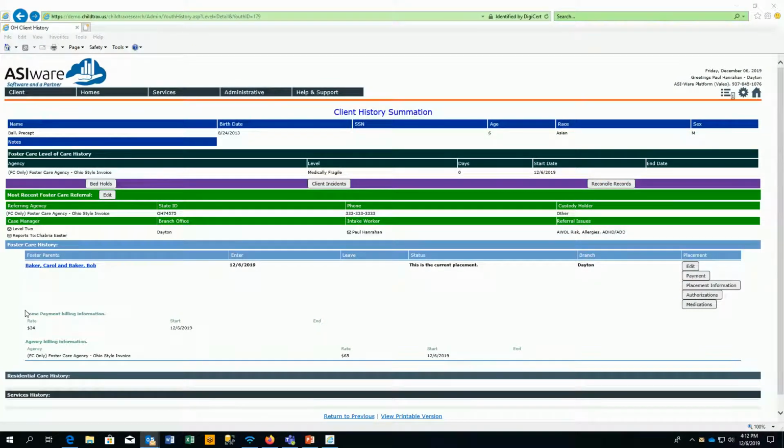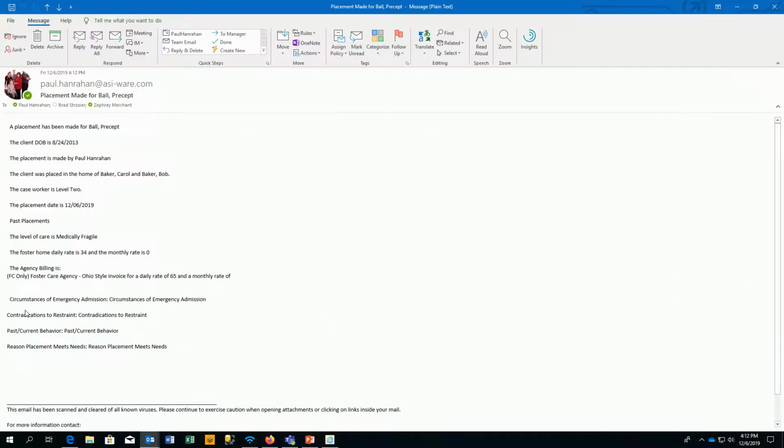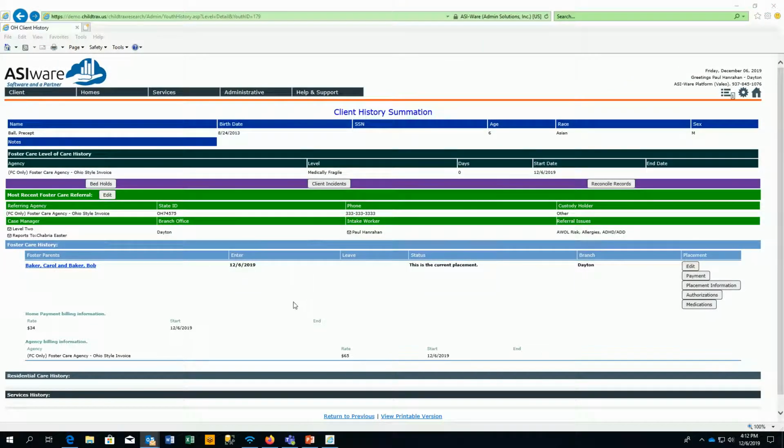Okay, and there it is, and here's the email. So now you can see that we added quite a few fields to this. And then more importantly, down here at the bottom are those additional fields that we added to that referral screen. Right, so here's the field name. If you remember, I just copied the name of the field and put it in the text boxes. So real nice functionality